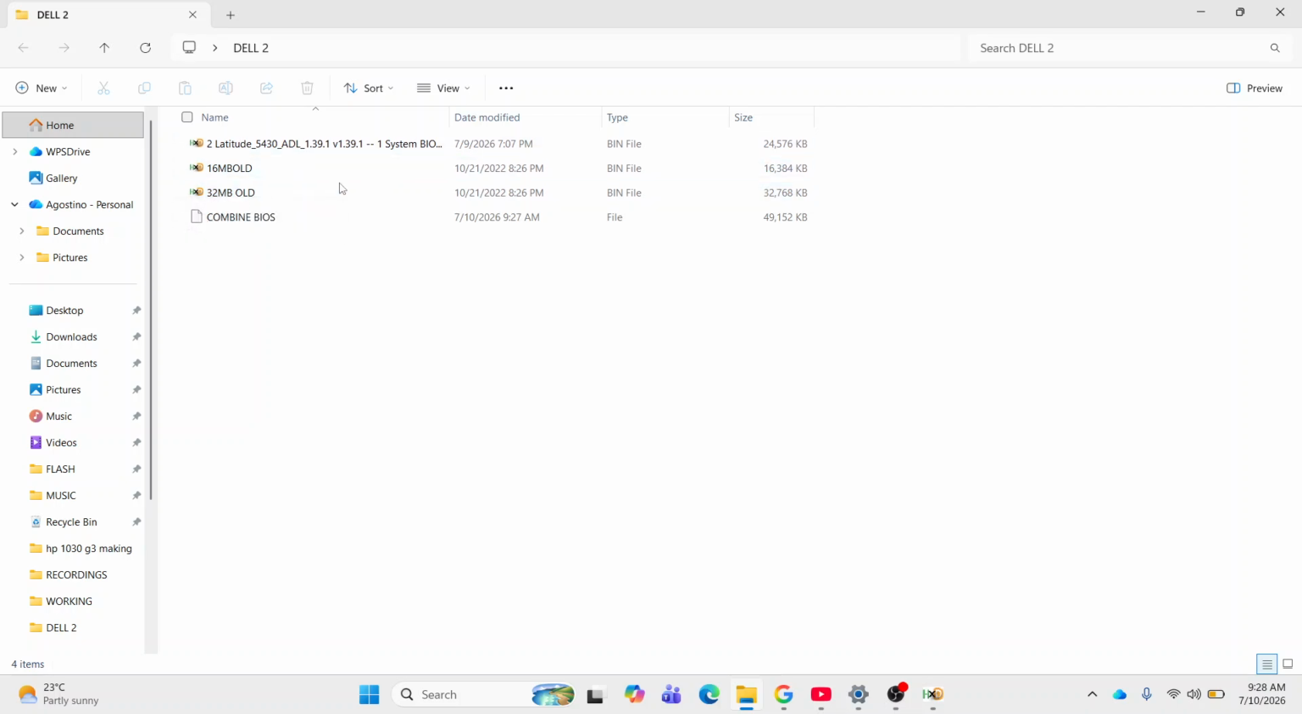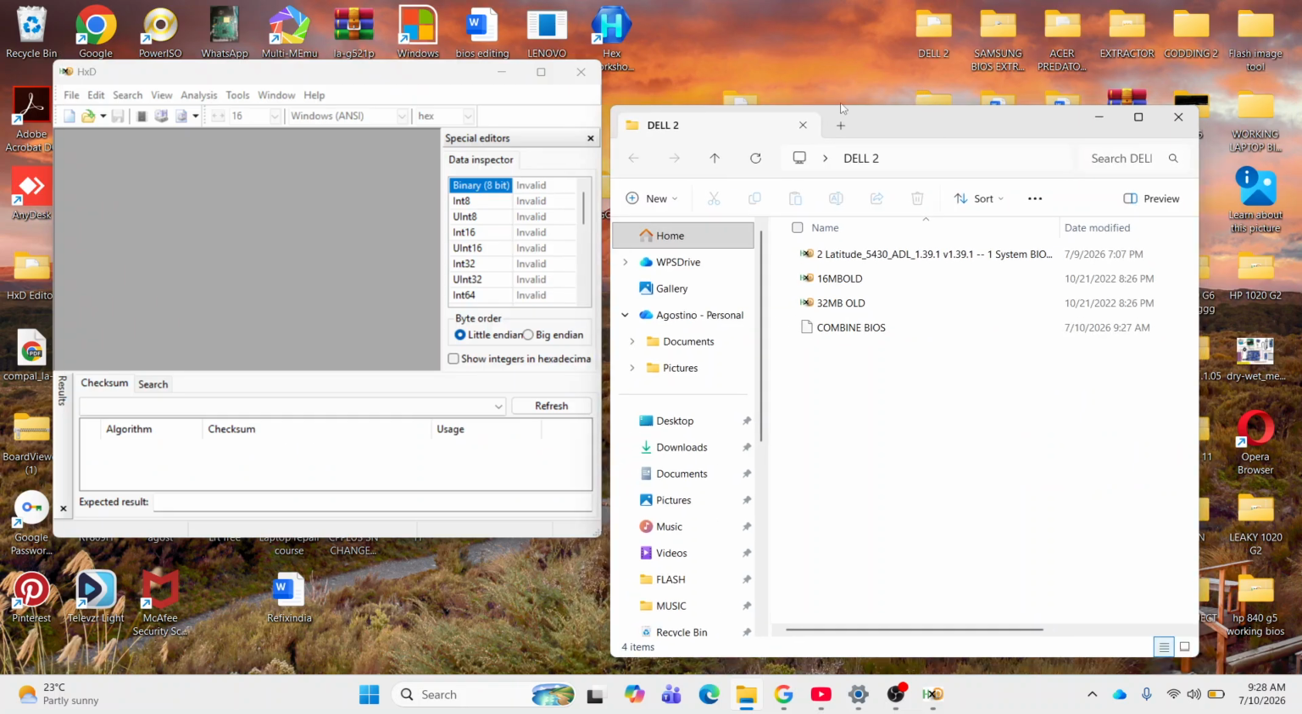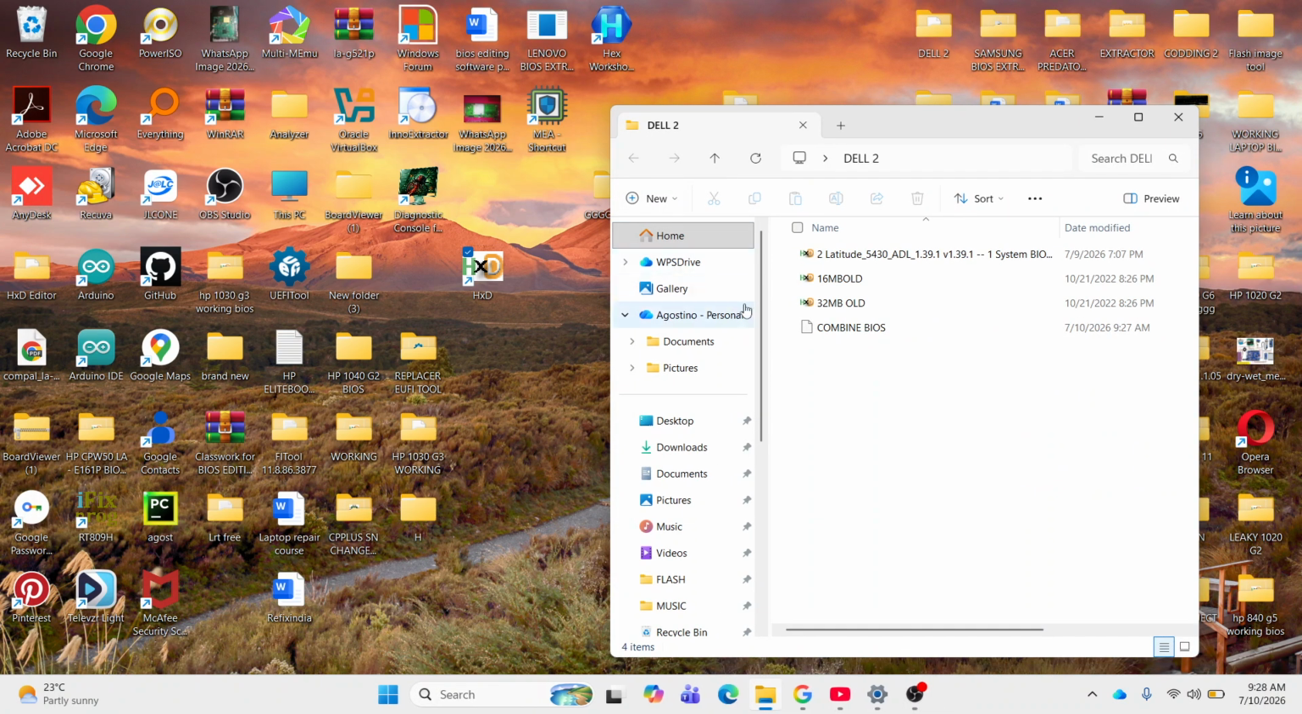So after here now, we have already combined it. We have not added the ME region here. So what I'll do, I'll come here again, I'll close here. I want to replace the BIOS region now. Sorry, not ME region, BIOS region now. So what I'll do,